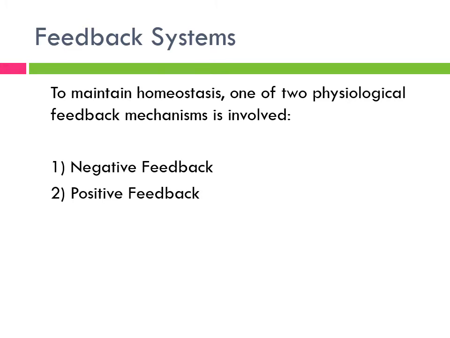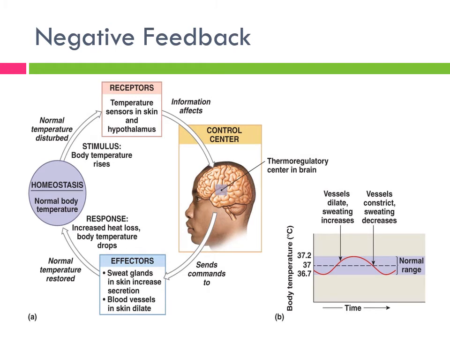All right, so when looking at maintaining homeostasis, this can be done through negative feedback or positive feedback. Negative feedback is our most common system in the body. We only have a few different examples of positive feedback. So negative feedback is exactly what we were looking at in room temperature control. Here, this is basically the same picture that we had before, but instead of room temperature, we're looking at